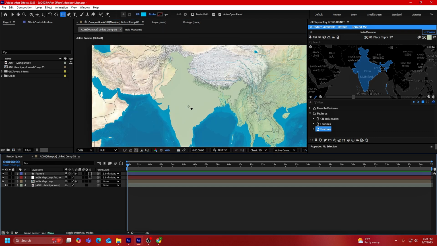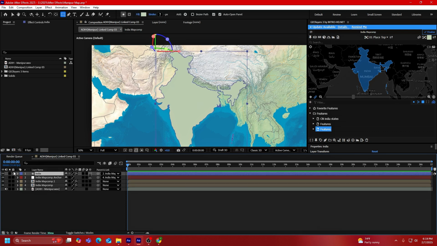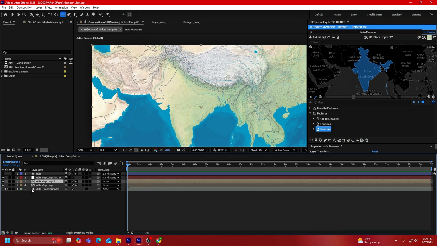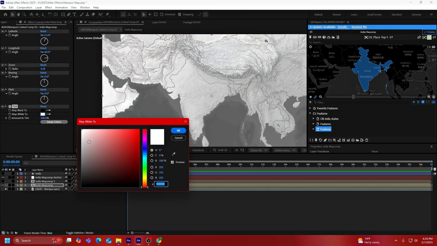So the theme of this channel is red, white and black. So according to the theme, we have to modify the maps. So let's duplicate this main map comp. For now, let's disable this India map. After duplicating, hide this duplicated layer and add tint effect. Change the color of this